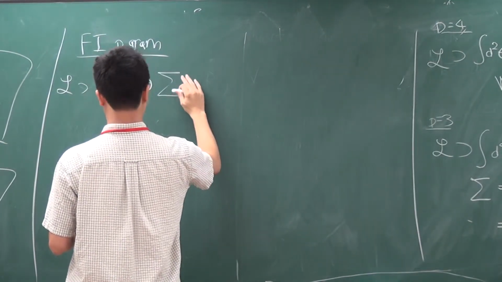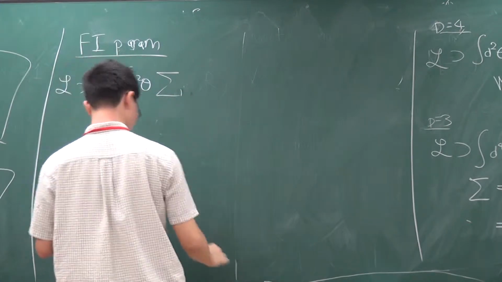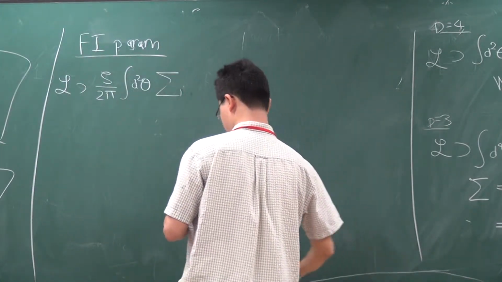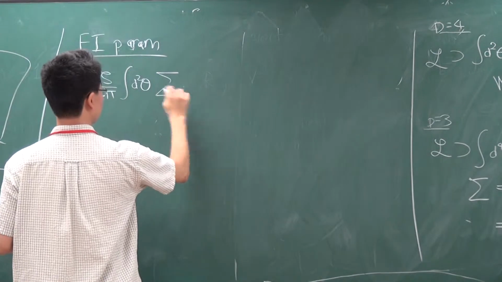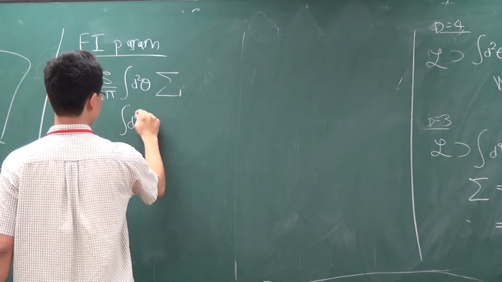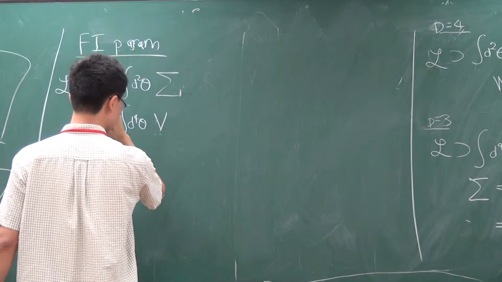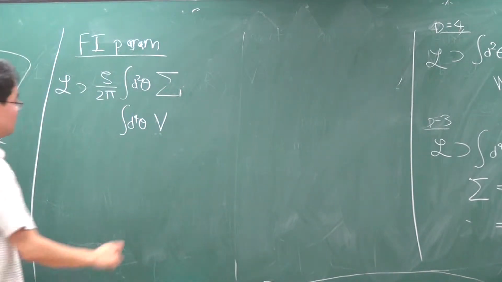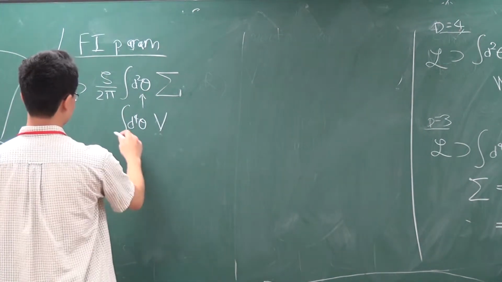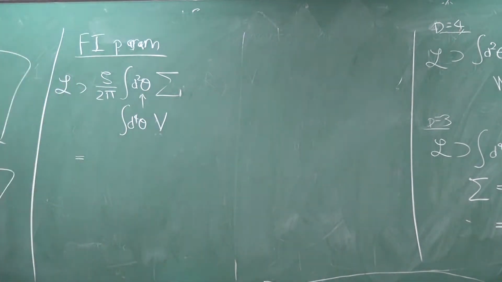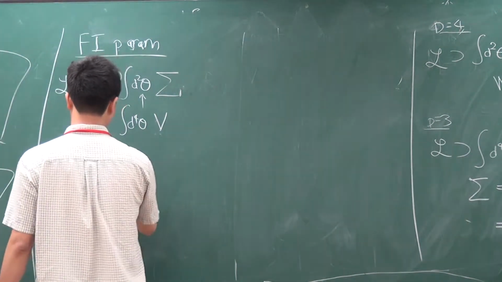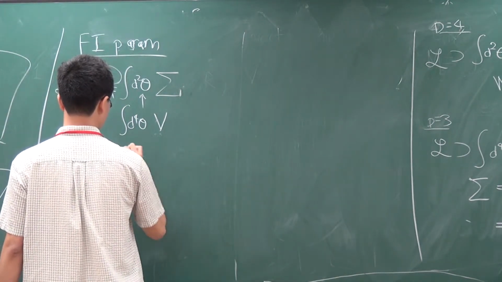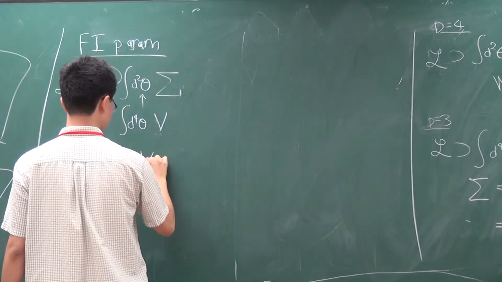But let's say, for example, this sigma, or maybe the more familiar form is D for B, and you can do the partial integration. So this is the term, but this is the FI parameter. So this real zeta is a real parameter, which is an FI parameter. But you can also write it as follows: d squared theta, and then there is a v